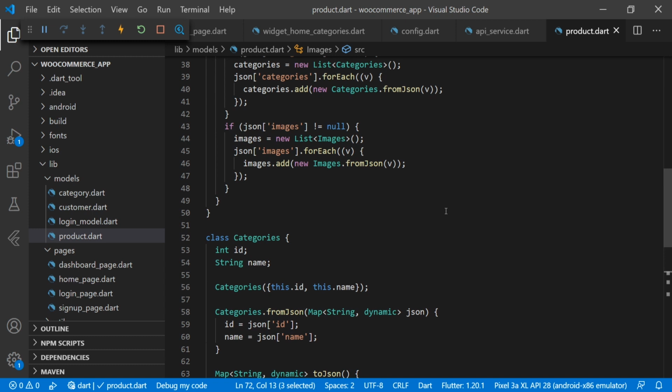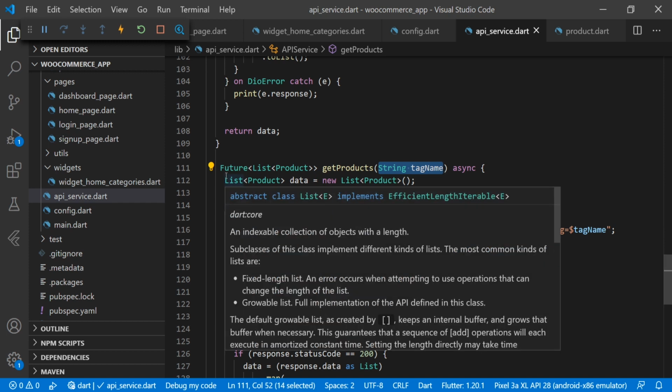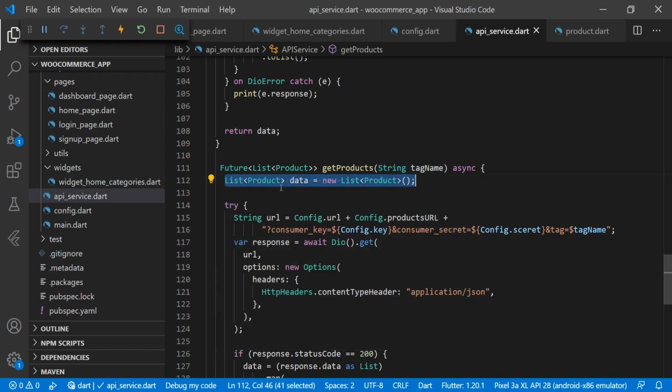So now we will modify our API service, and we will add one method over there. So this is our method, that is get products, and here we are passing one parameter, that is tag name, and then we are initializing our list of products, and we will name the variable data. Then we are passing the URL, that is the product URL.